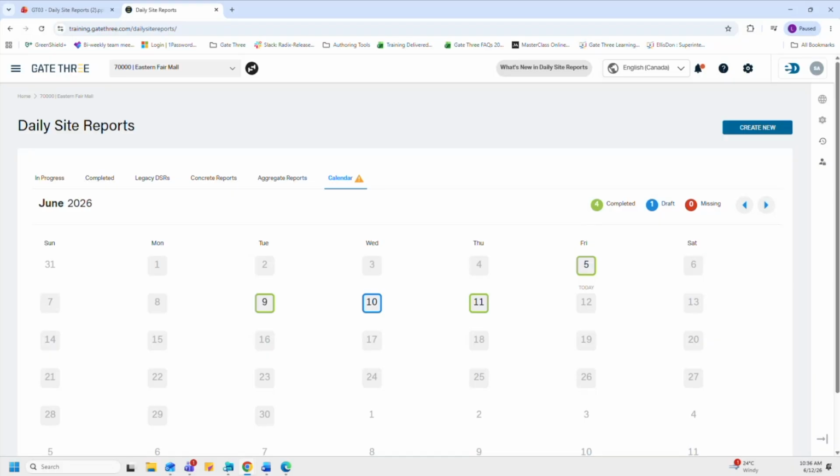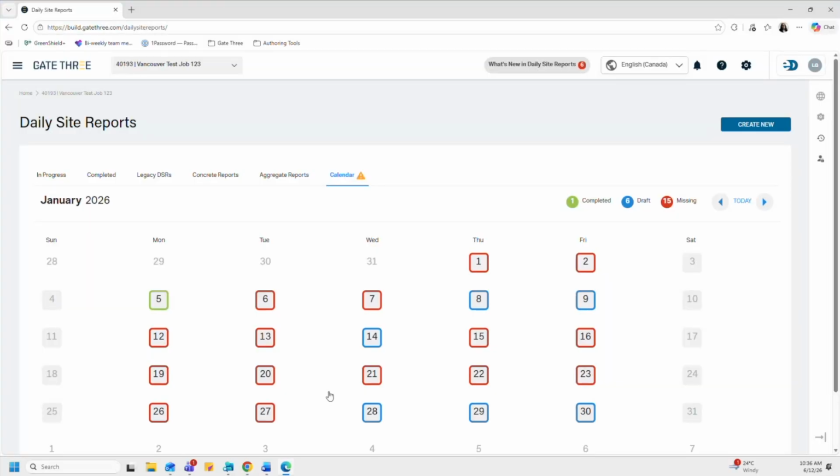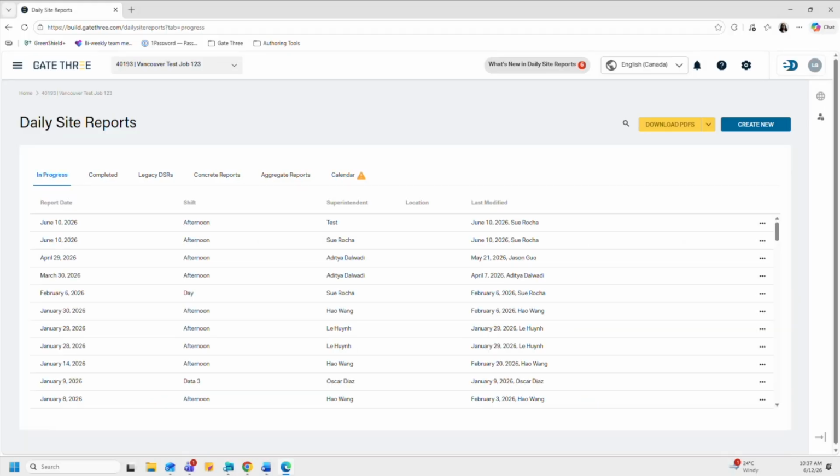Now I'm going to quickly navigate to the live environment of GT03 to show you how this view could look like. This is our live environment here, and we are in that calendar view as mentioned. As we see at the top, we have some other tabs, which we will now review in order. Starting at the very front is In Progress, and this tab displays all of our draft DSRs with